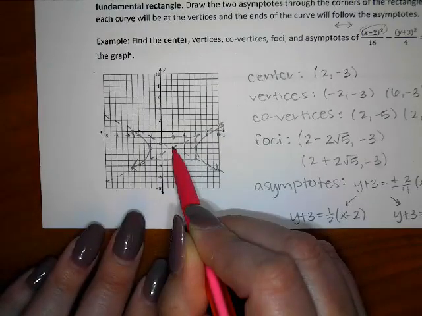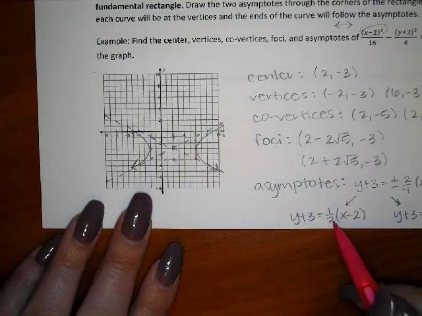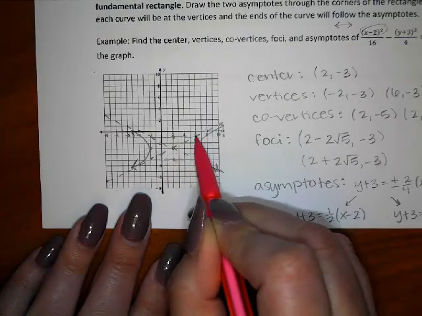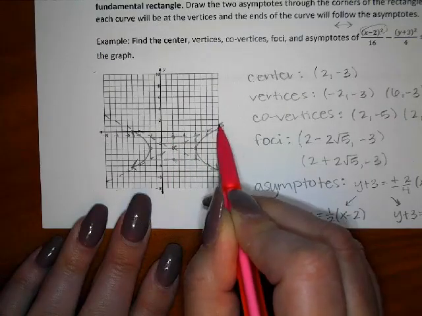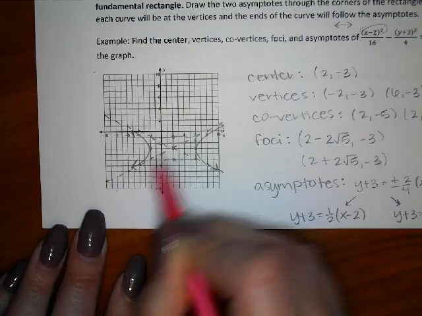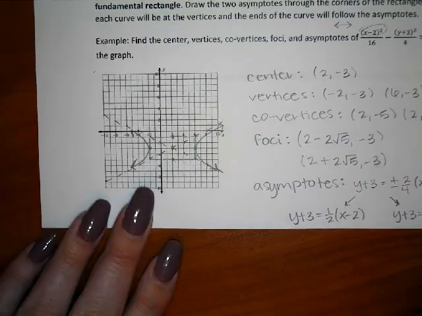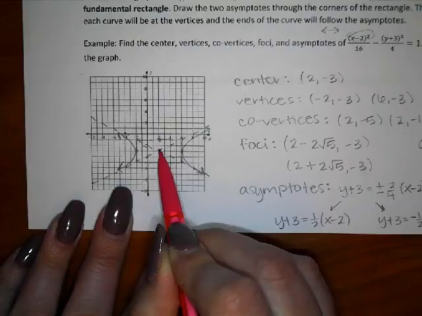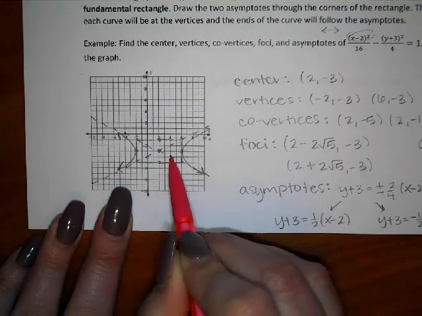So one of them had a slope of positive 1/2 from that point. So up 1 over 2, up 1 over 2, and so that represents this line right here. And then the other one starts at the same point, positive 2, negative 3, and it has a slope of negative 1/2. So down 1 over 2, down 1 over 2, and